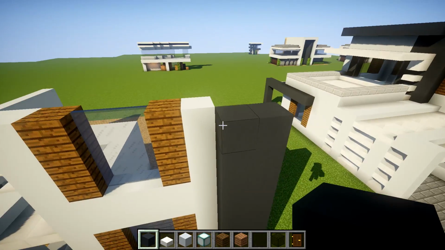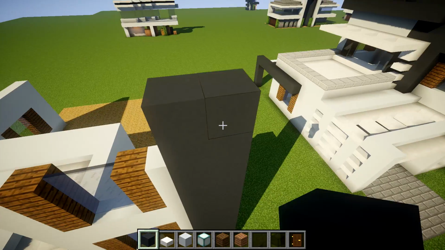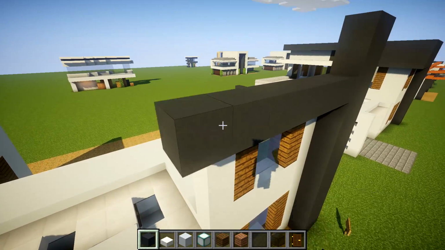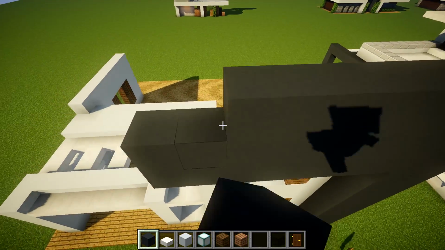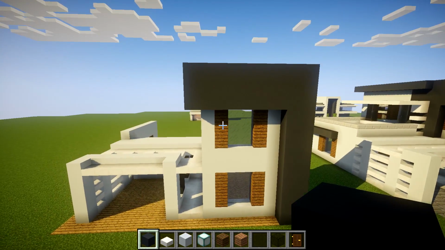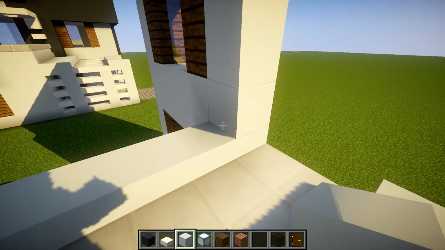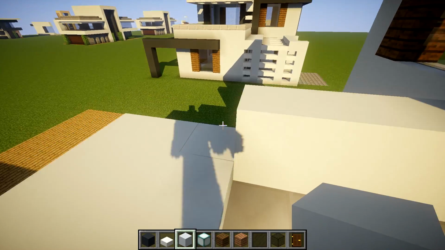So once it is level, we now want to extend this by 3 blocks. 1, 2, 3. Take this across, so 1, 2, 3, 4, 5, 6, 7, and take this up. Now moving on to the left side of the building, this gap here, we want to get our white concrete out and take this up to that height, take this across,